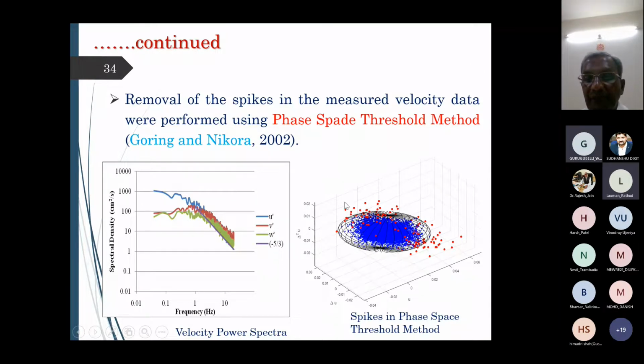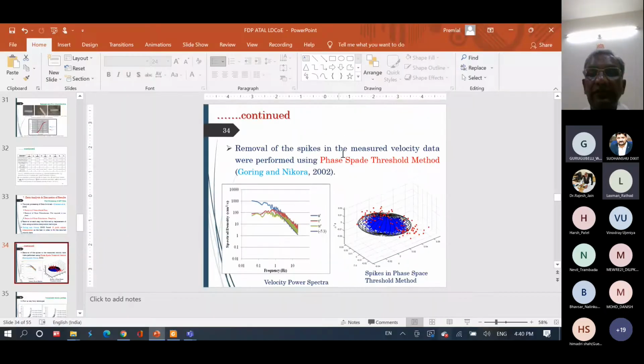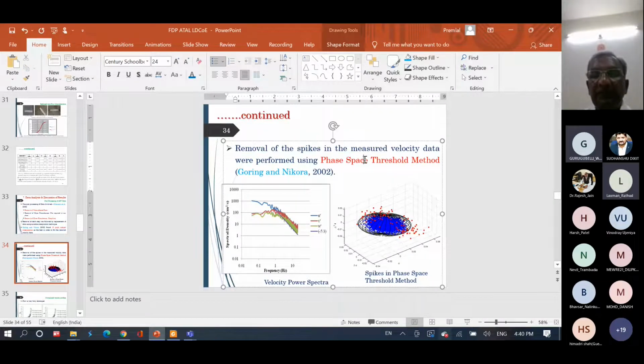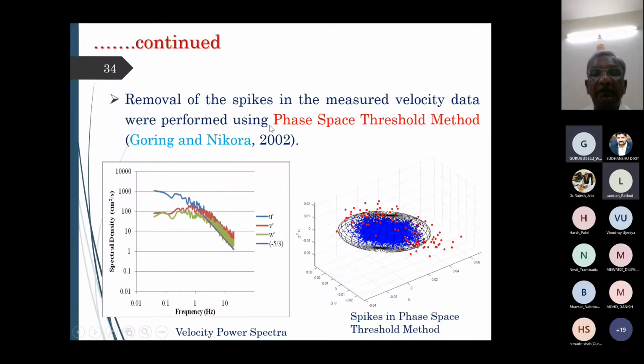So phase space threshold, you can correct this error in the spelling. It is a phase space there, right? Phase space threshold method, right? So we have to carry out that particular removal of the spike data using this Goring and Nikora method, and